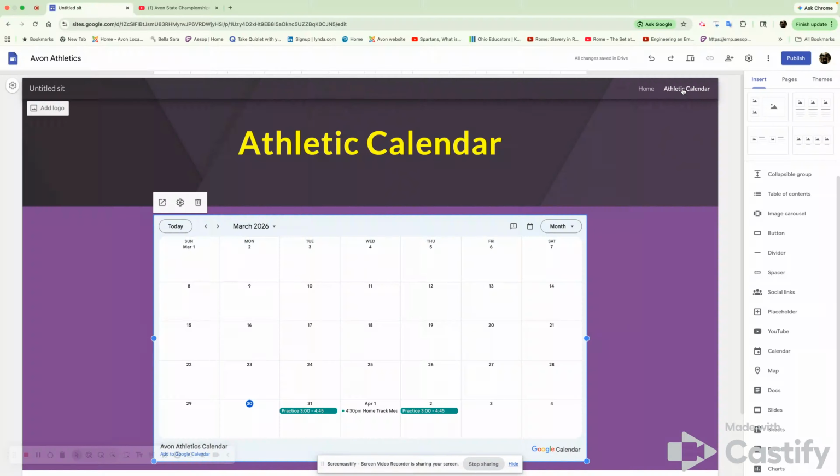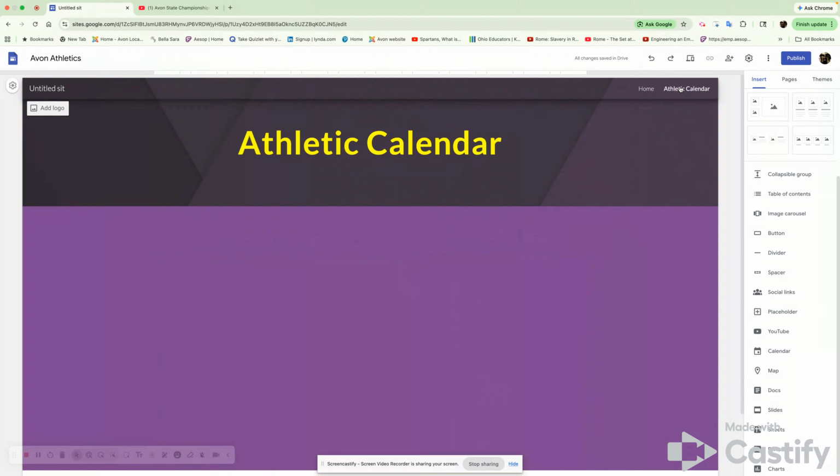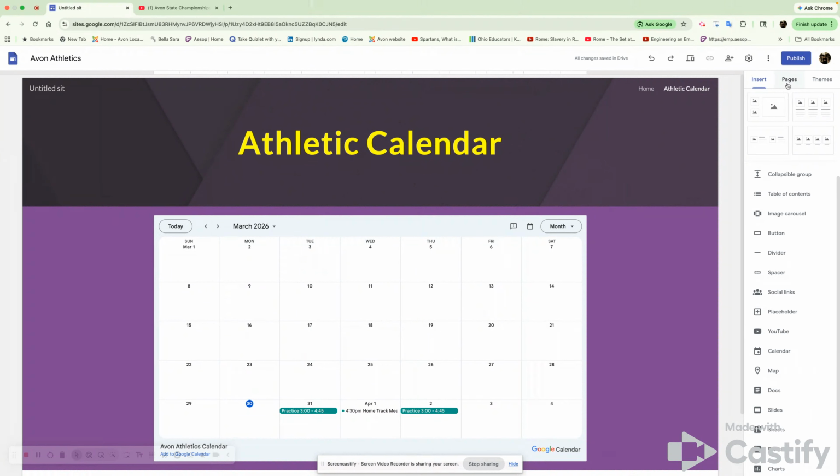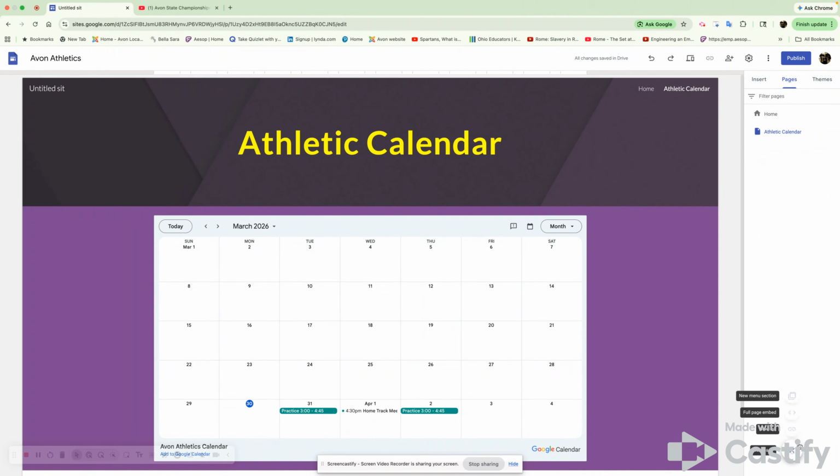And again, if you want to go back to home, you have this little navigation bar at the top where you can click home, and now the athletic calendar. But we're not done. We are not done. We're going to add another page. And again, we go down to the bottom,